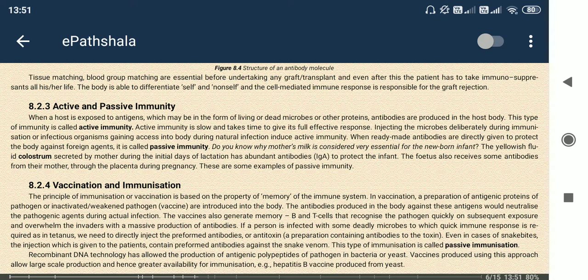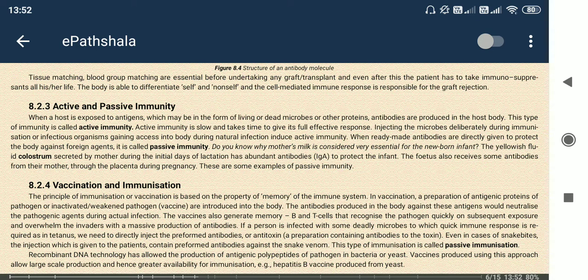Like in the case of a snake bite, you can think. After the snake bite, some antigen got inside our body. Now we need antibody, but we need a quick response. The body will make the antibody, but it will take some time, and we don't have that time. So what do we do? We give some antibody to the patient directly in their blood. So this is passive immunity, okay.